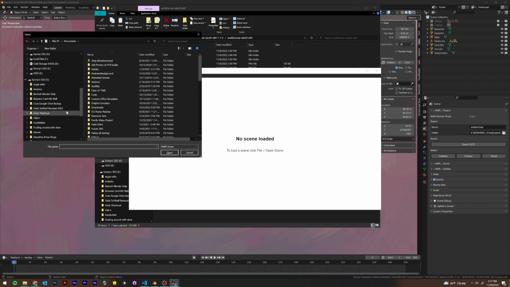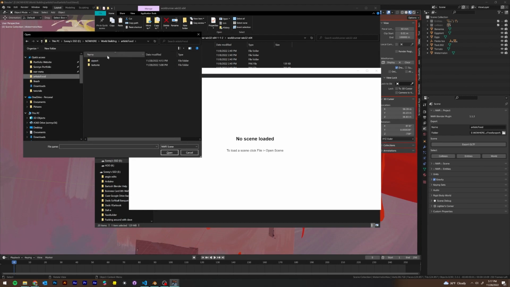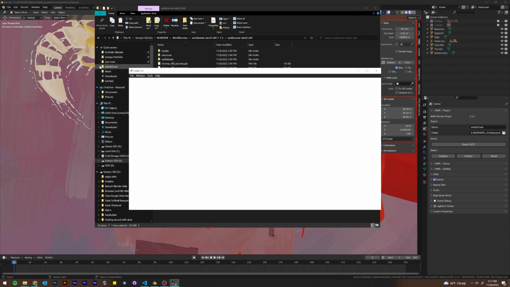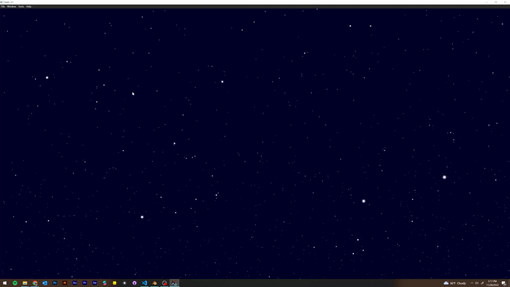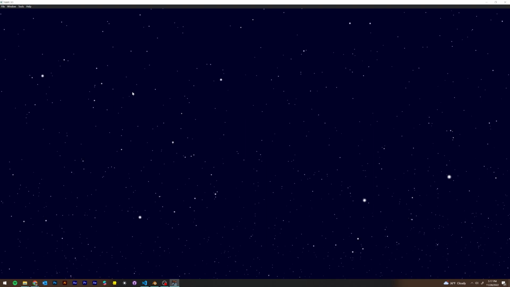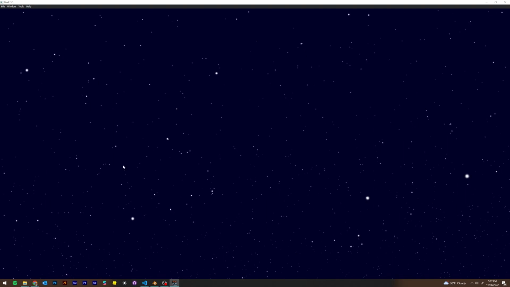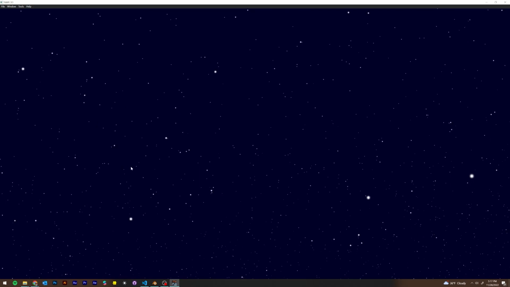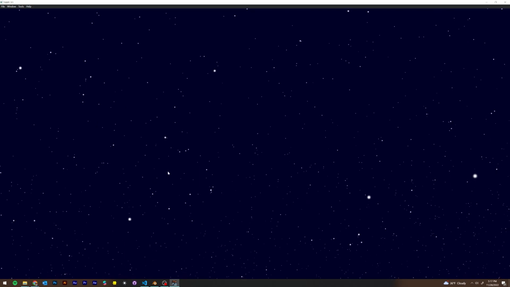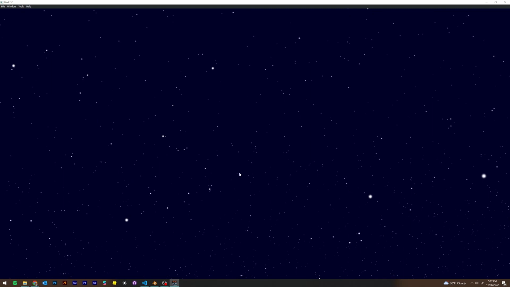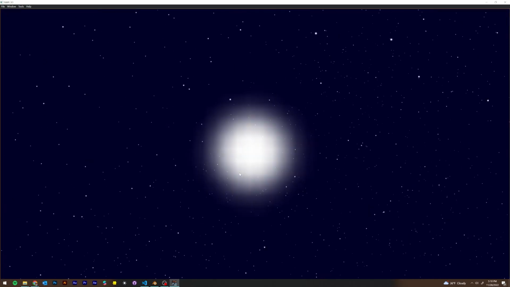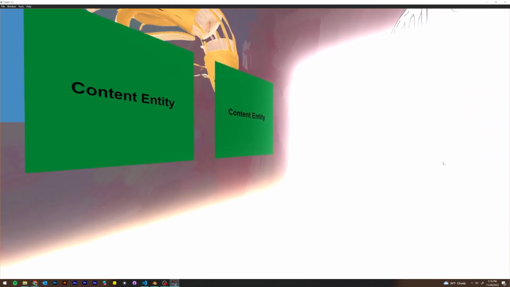It's going to ask you to load in the world. Just go to Artistic Food, Export, and load in the GLTF world. We can make this full screen for you guys, and we can just take a look at how this is going to look inside the Nowhere platform. And we can see if those materials that we were messing with earlier are going to end up working, because I have a feeling those nodes aren't going to transfer over through GLTF, and we're going to have to change it to a compatible material type ourselves. We'll just give it a second to load in. And yeah,